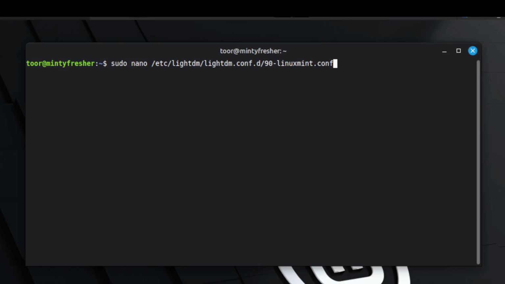Then finally, we're going to modify the startup location. In Linux Mint, you are not able to switch between users easily to allow you to authenticate into your domain controller. As such, we're going to modify a configuration file giving us access to modify the startup screen. This will give us a location to enter in your username and password to log into the system. To do this, type in sudo space nano space